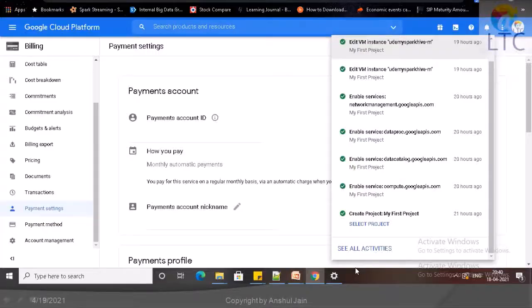Okay. So once you enter all your details, it will create your first project. You need to enable your Compute Google API from the left menu as I told you. Then the Dataproc API. Similarly, the network management API.